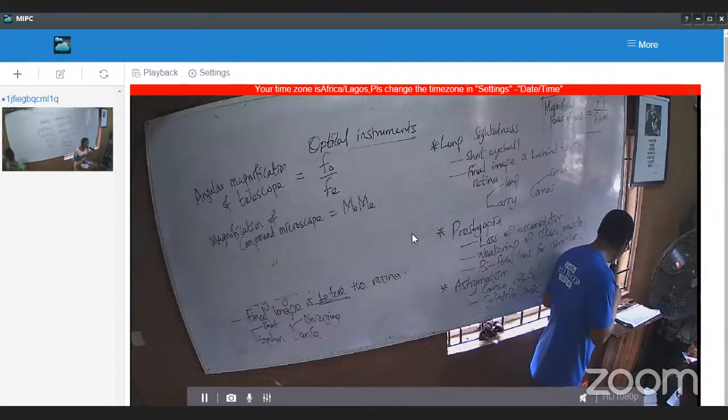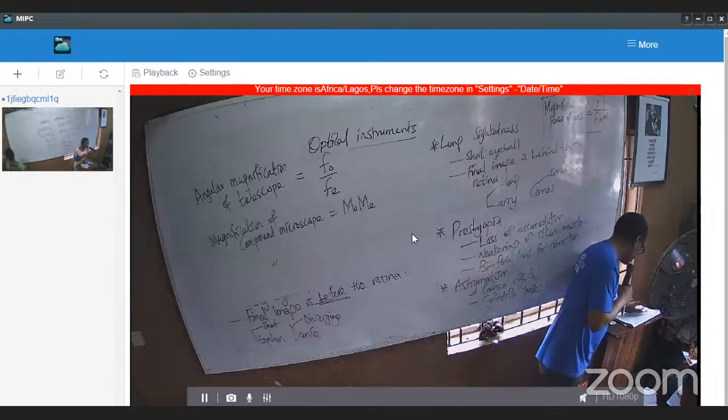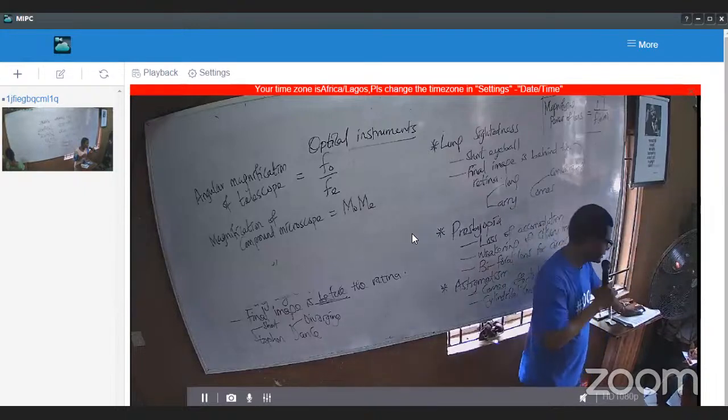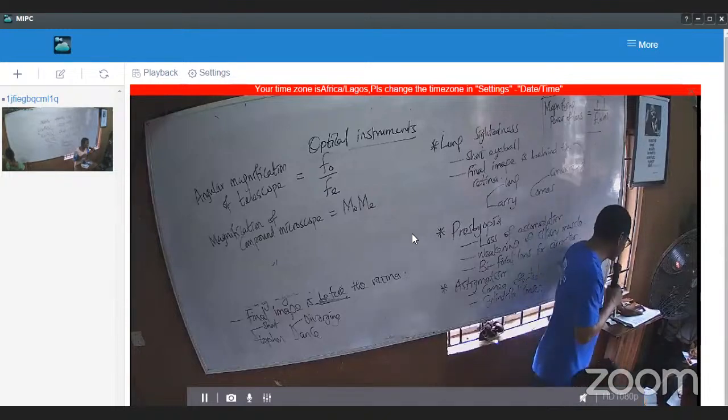Determine the magnifying power of the telescope